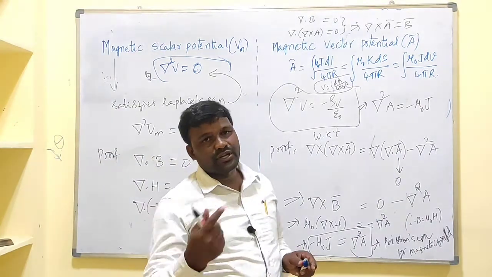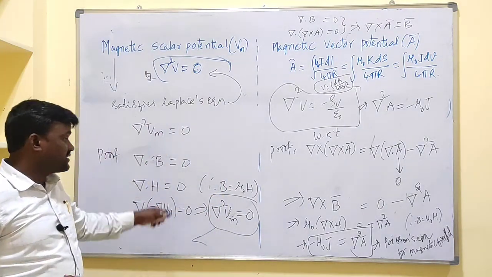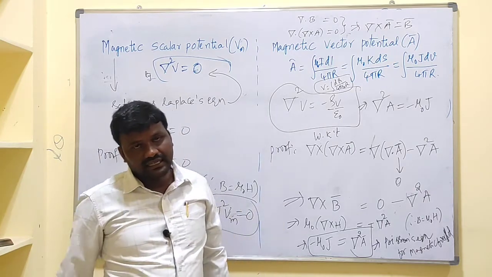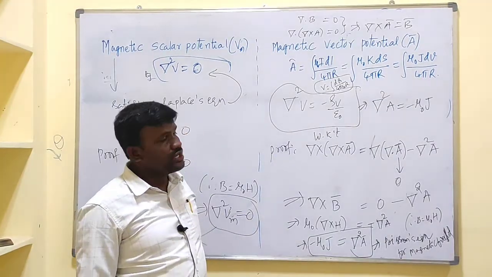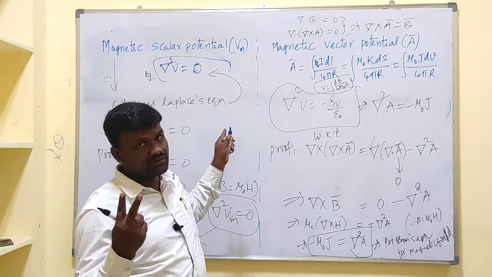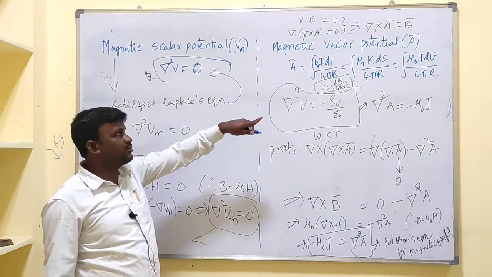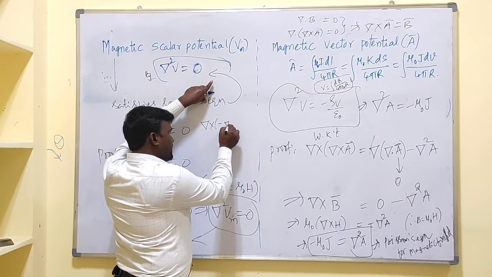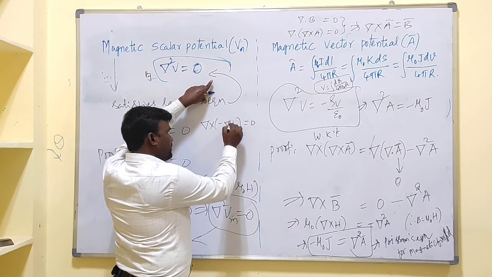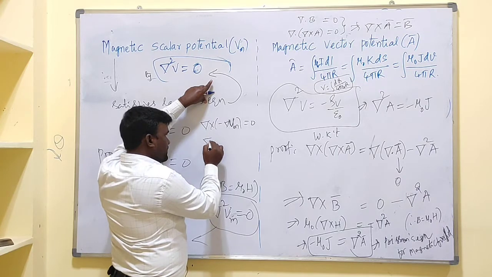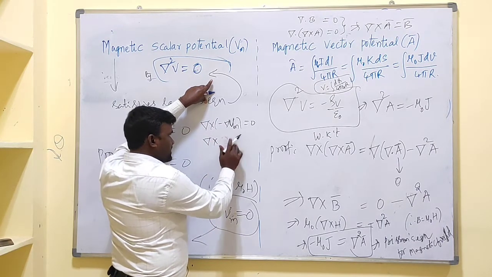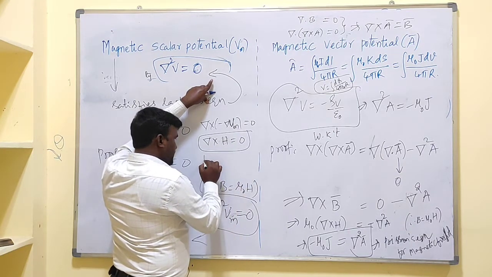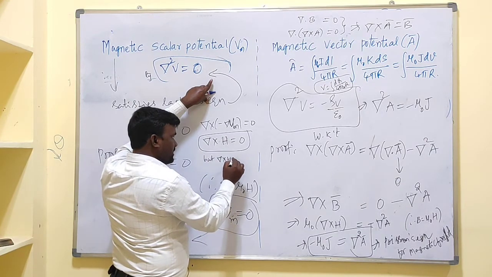Means magnetic scalar potential satisfies the Laplace equation, whereas magnetic vector potential satisfies the Poisson's equation. It is all about magnetic potentials. So magnetic potentials means we have two types of potentials: magnetic scalar potential and magnetic vector potential. It is defined that curl of gradient of any scalar is 0, that is del cross del Vm equal to 0. It is one of the vector identities. So H can be defined as H equal to minus del Vm, that is del cross H equal to 0, but del cross H equal to J.